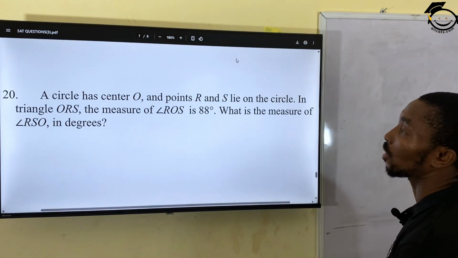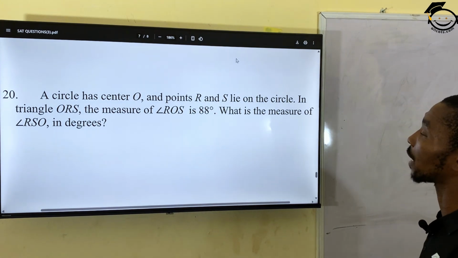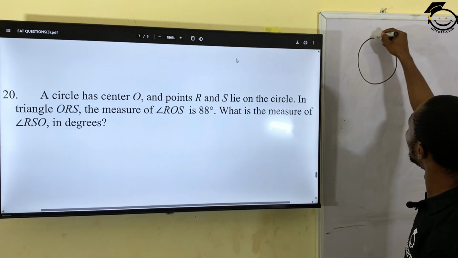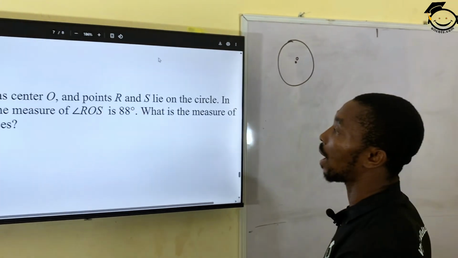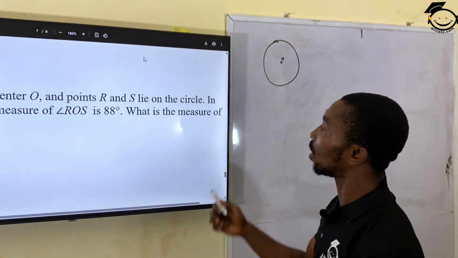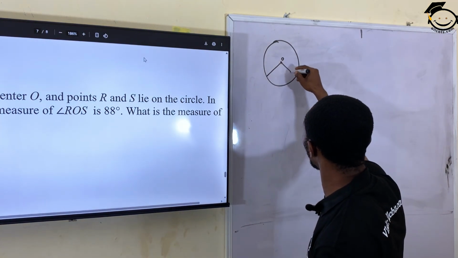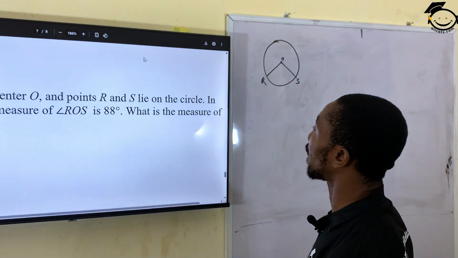A circle has center O and points R and S lie on the circle. Now, if we have our circle with our center O, and it says R and S lie on the circle, that means we have point R and we have point S. Okay, now it says